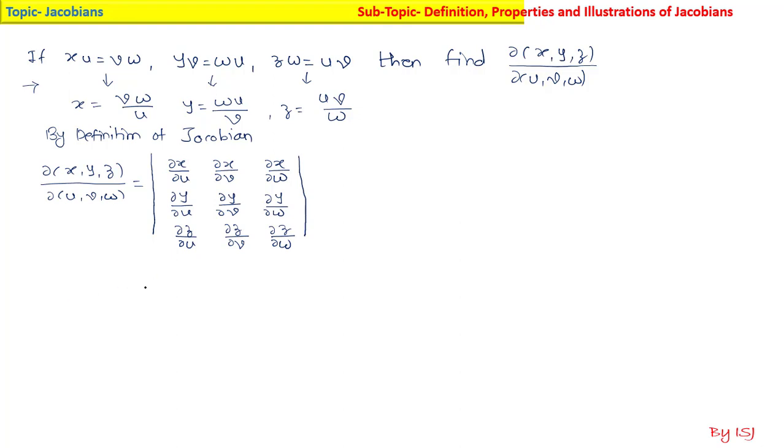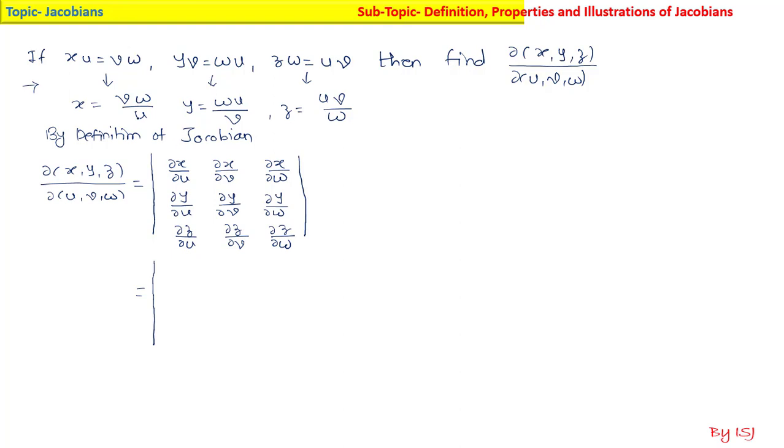Determinant. You just put in those derivatives. So when you are calculating the Jacobian, you need to find these derivatives correctly, because if the derivatives are correct, then your answer will be correct. Obviously, it will also depend on the evaluation of the determinant.